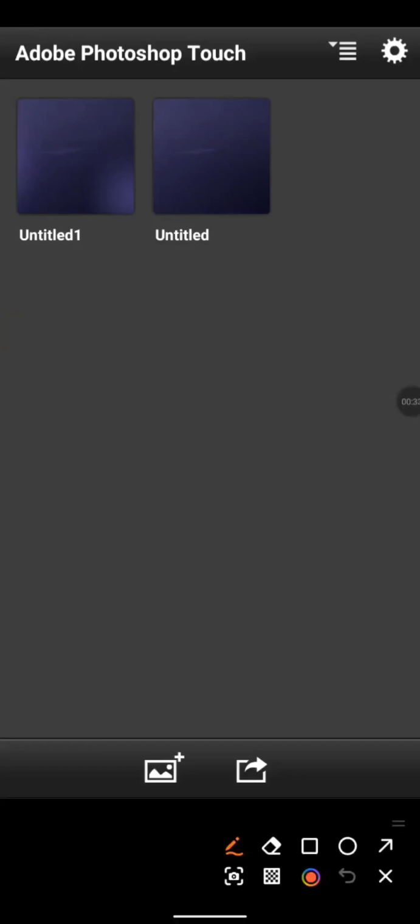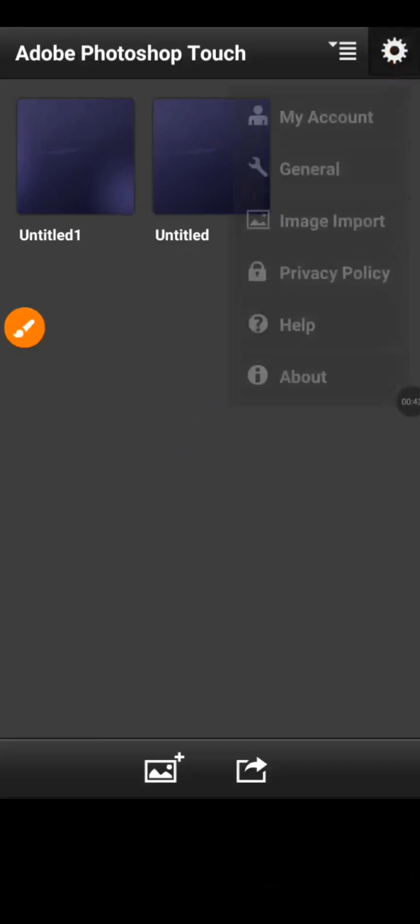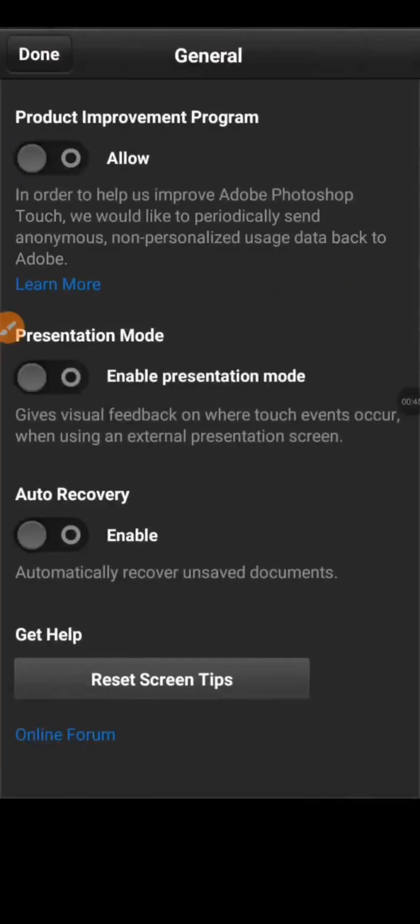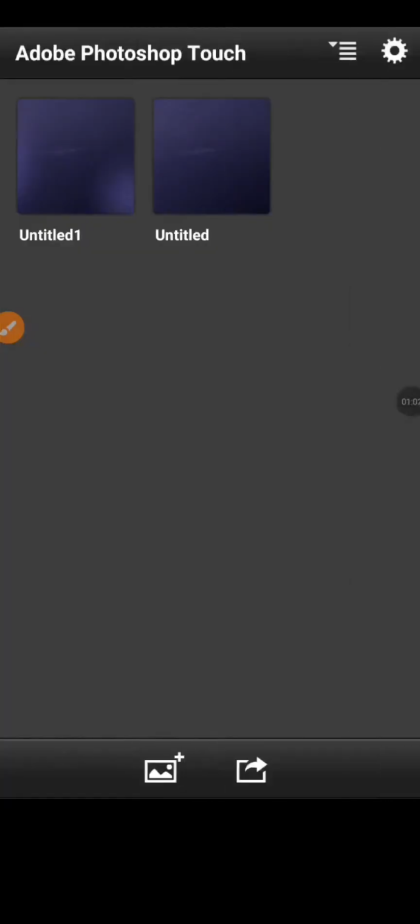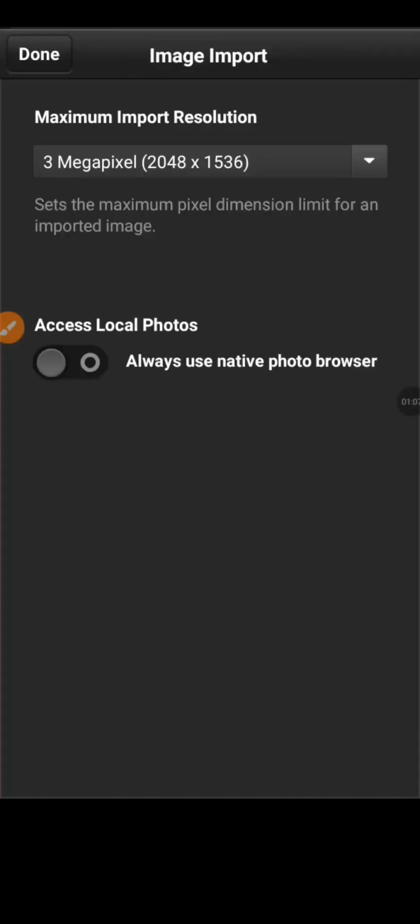Okay, the very first thing you want to know is that you will go to this setting icon here by the top right, go to general and enable auto recovery. When you do this, you'll be able to recover your ongoing design in case you exit PScc by mistake. You won't lose your design if you enable auto recovery. So that's that. You click on done,